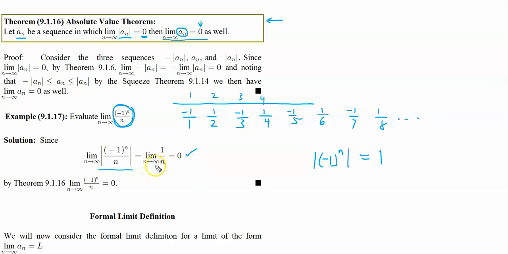And so since the limit of the absolute value of this sequence is equal to 0, the limit of the original sequence without the absolute values is also 0. That's what this part is stating from the theorem right up here. Okay, so that's very simply how you use the absolute value theorem. And we'll need that from time to time